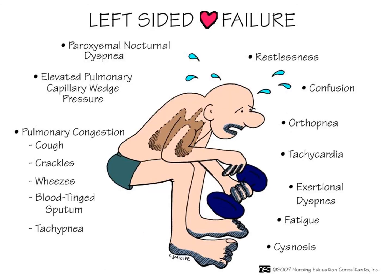So here's our review slide. We have left-sided heart failure. You'll notice the symptoms are quite distinctive, different, and most of them are related to the fact that the patient is having a hard time breathing. Okay. Again, we have perhaps and perfusing their body. So because of the backup of blood into the lungs, we have a cough, we have crackles in the bases, usually it starts, and then wheezing perhaps, and blood-tinged sputum, especially if it develops into a pulmonary